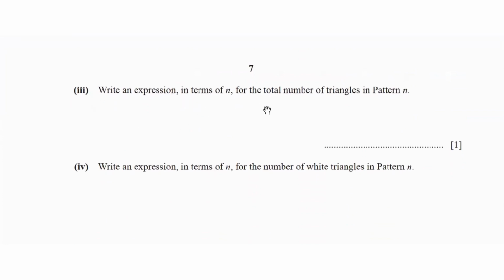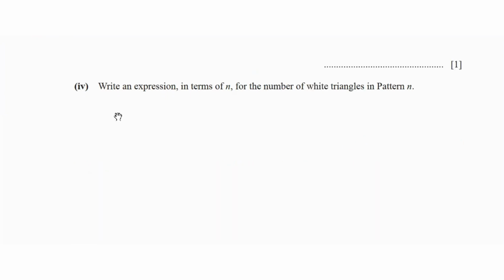Write an expression in terms of n for the total number of triangles in pattern n. So for the total number of triangles, like I said, we were squaring the n value. So it's going to be n squared. Then write an expression in terms of n for the number of white triangles in pattern n. So for the white triangles,